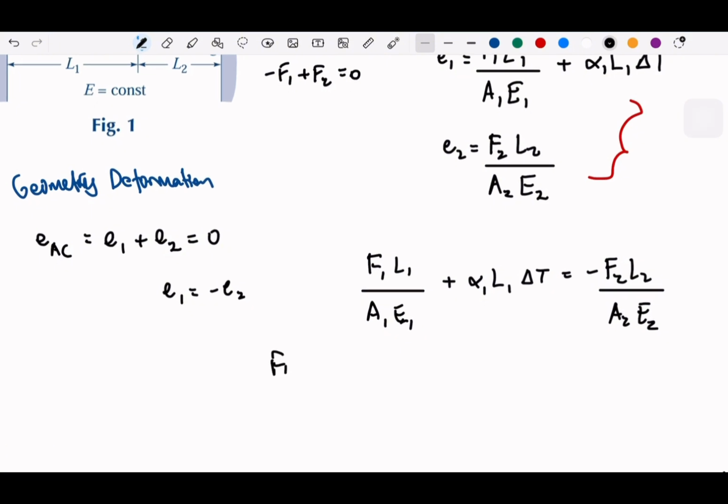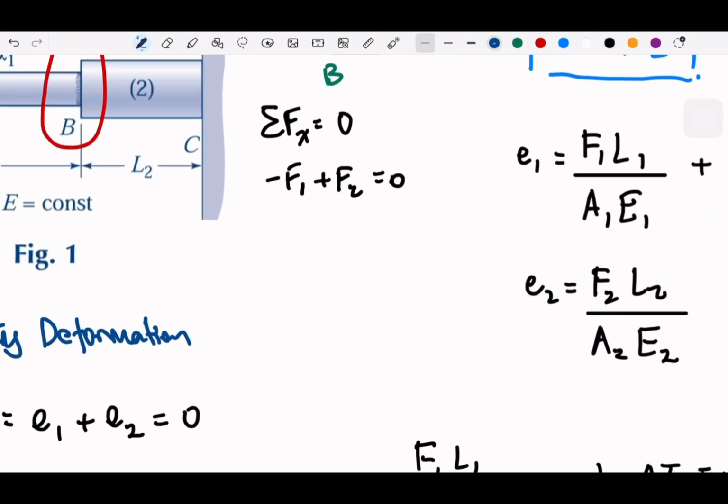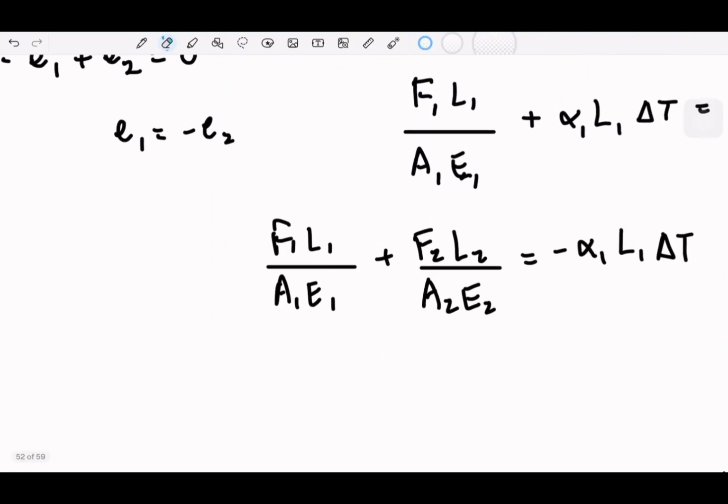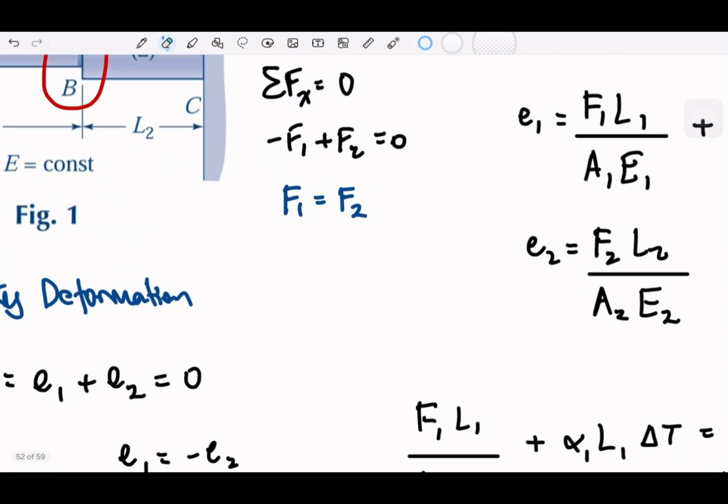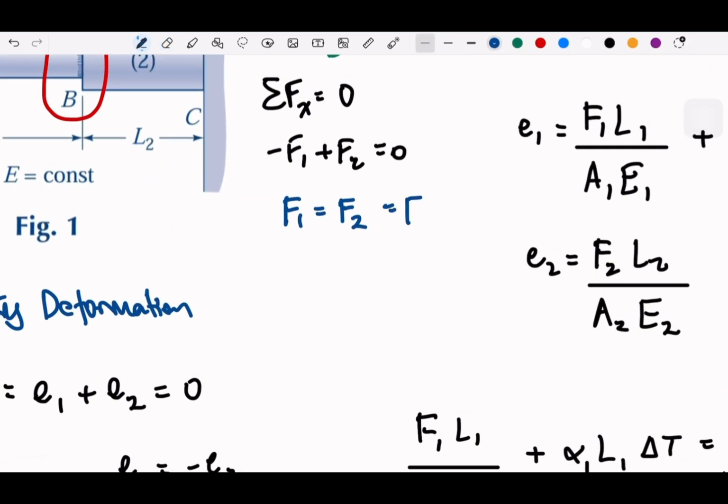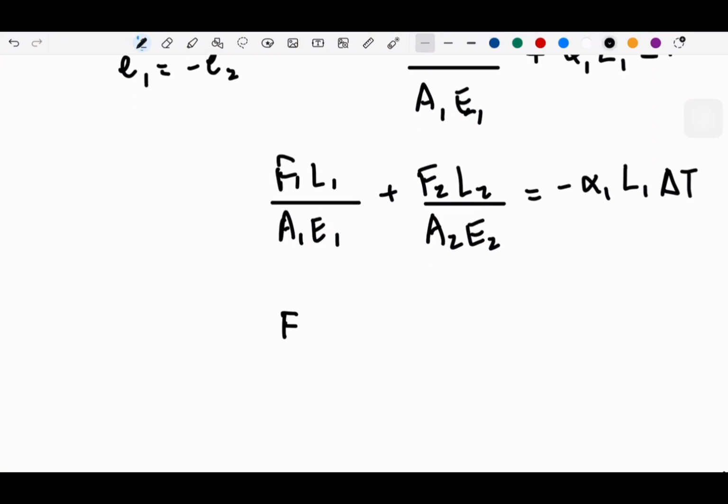Or if we write, and move the elongation to the left side, so this will be plus. And the temperature will be on the right side. We have this. And now, since we have the conditions that we stated here from the equilibrium, that F1 will be equal to F2, we can solve these equations. Let's say F1 and F2 may equal just F, just to make it clear, and we can write